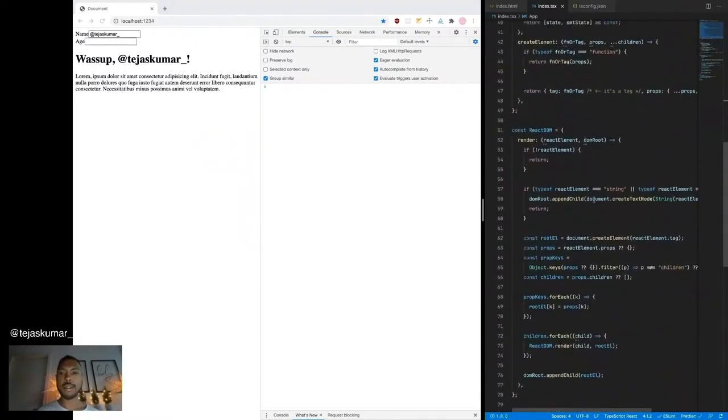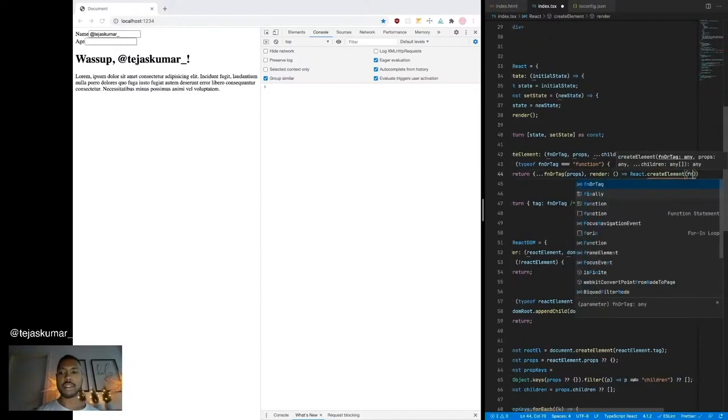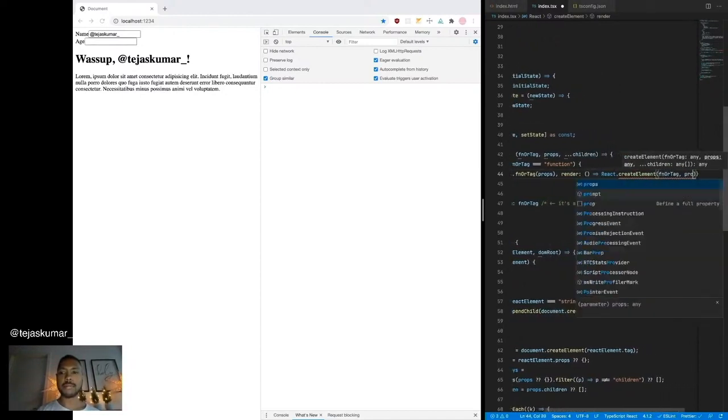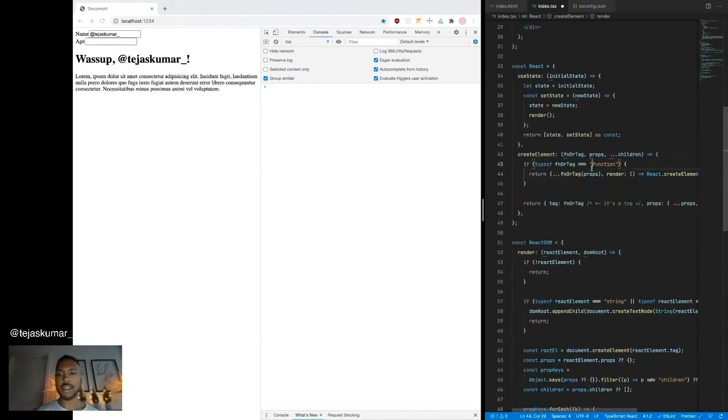So when we come here to React.createElement, the return value of this, but we'll add a little flag onto it called render. And when we call render, it just calls the same thing. It just calls it with props and children.